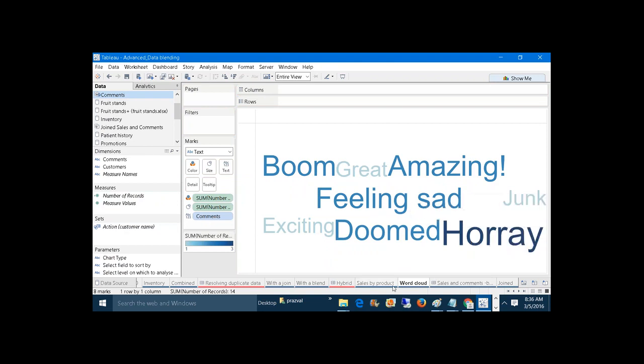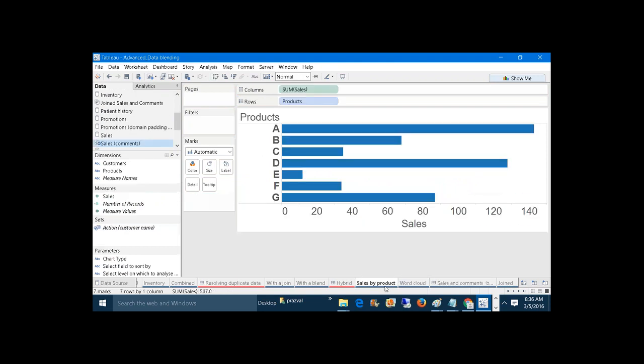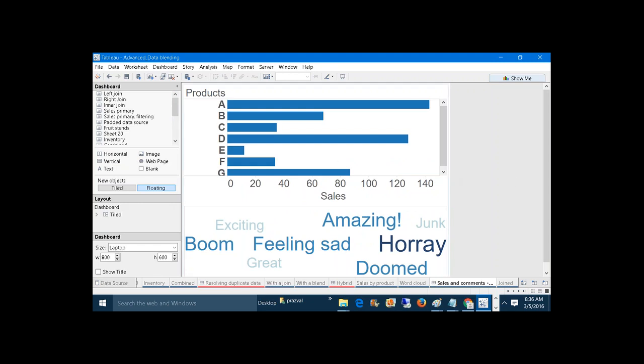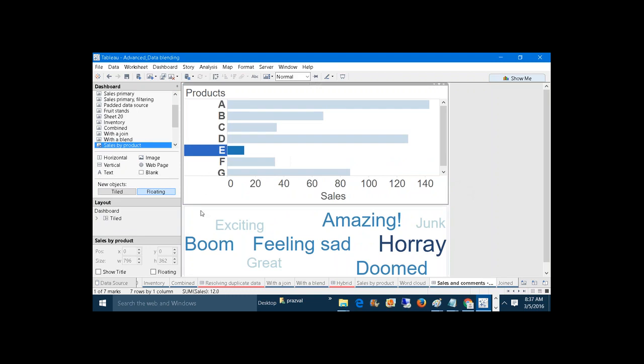So one sheet contains product-wise sales, the other sheet contains comments. Now here I am building a dashboard to combine both, which contains the products and the comments. If I click on any product, the requirement is to see the comments associated with that. So how to see the comments associated with the product? Basically, the